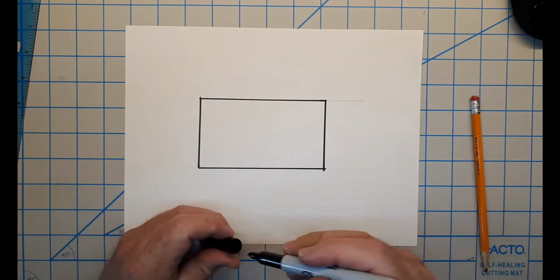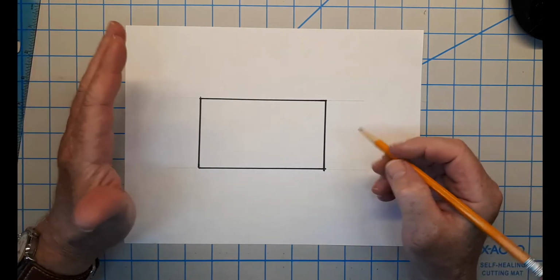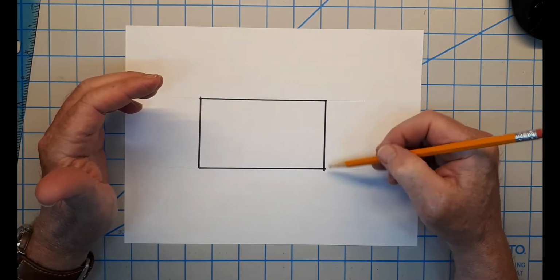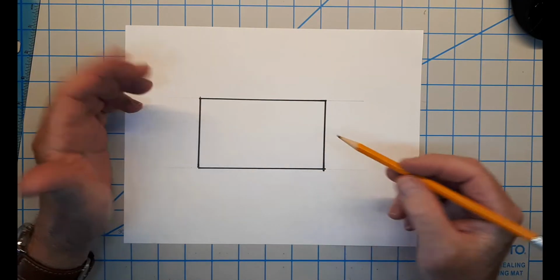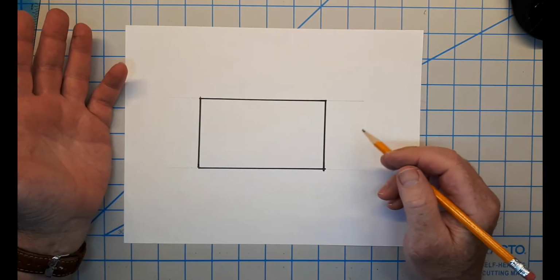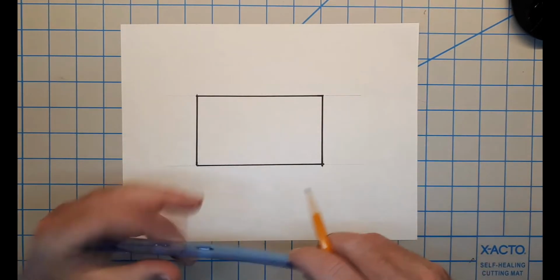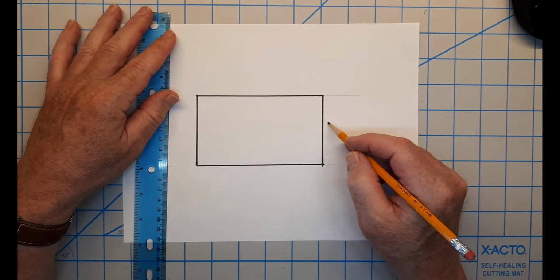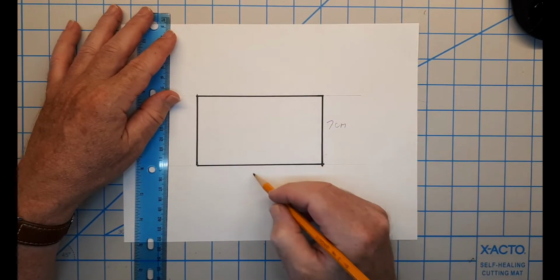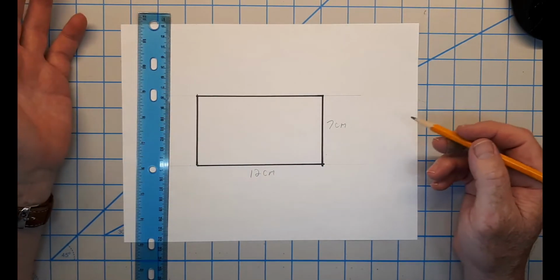Now we have a basic rectangle. But what we want is to show people what the distance is from here to here and from here to here. And one way to do it is, we know it's 7 centimeters because we drew it. It's 7 centimeters and 12 centimeters. One way people do it is they just put 7 centimeters and 12 centimeters. Now that's one way to do it too, but